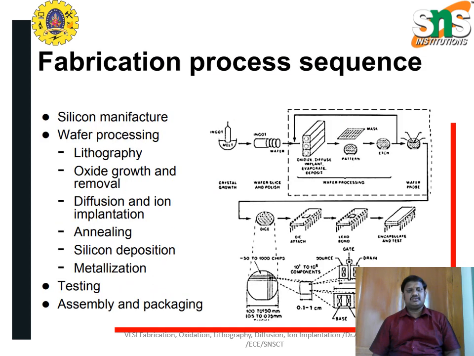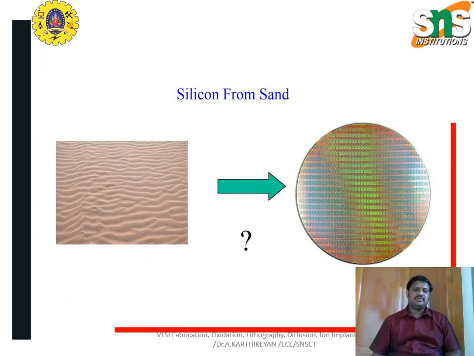Fabrication process sequence: silicon preparation and vapor processing, lithography, oxidation, removal, annealing of the silicon, metallization, testing, and assembly and packaging are very important steps in the fabrication process. Mainly annealing and the major technologies are used with silicon dioxide. Silicon deposition can be taken as a major advantage in the fabrication process, because silicon is standard in these technologies. The remaining thing is used in